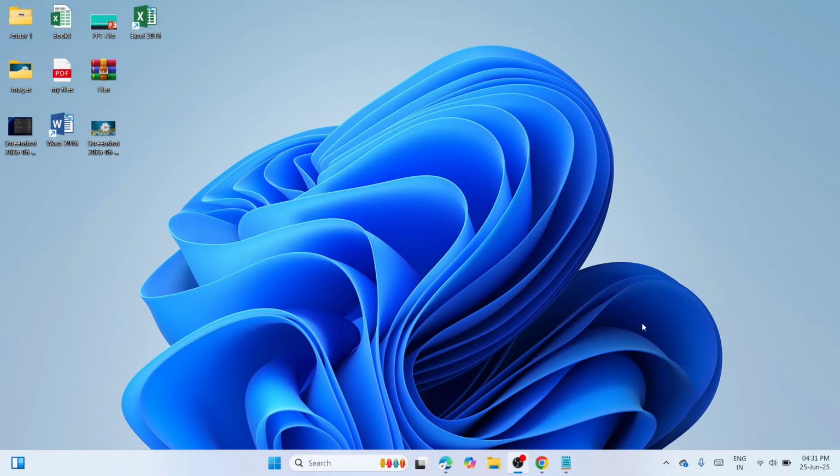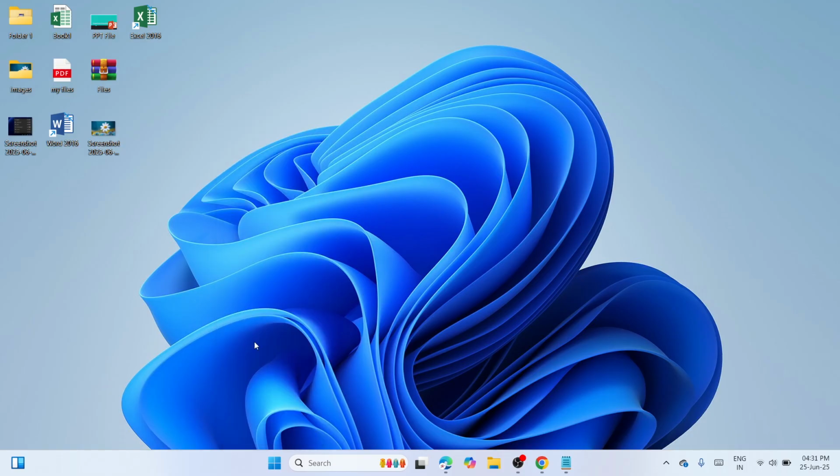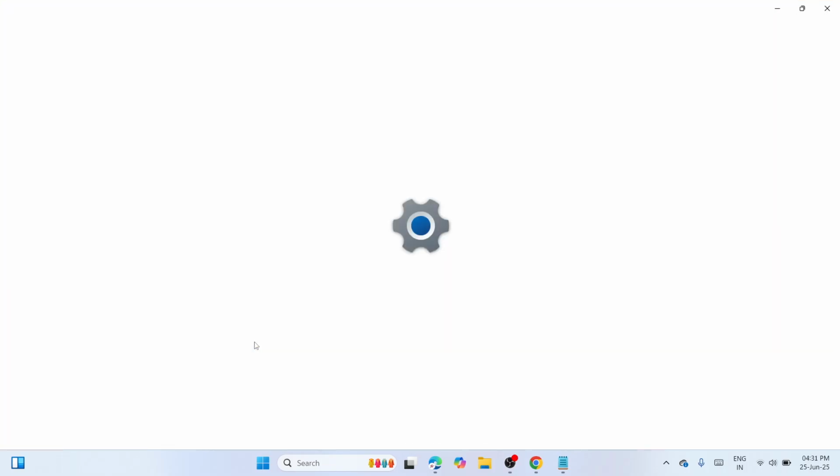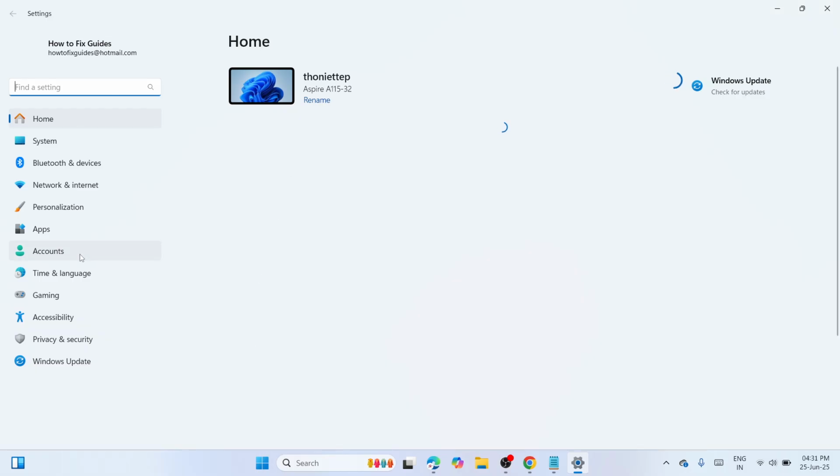The first solution that you need to do is run the troubleshooter for Windows Update. How we can do so, we need to navigate to the Start, make a right click, scroll up and click on Settings. Here at the settings, you need to proceed to the left pane, find an option called System, click on it,